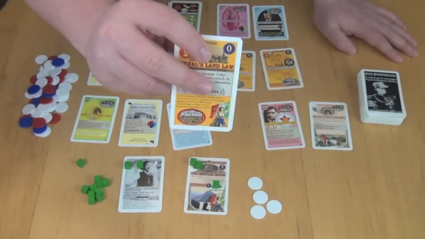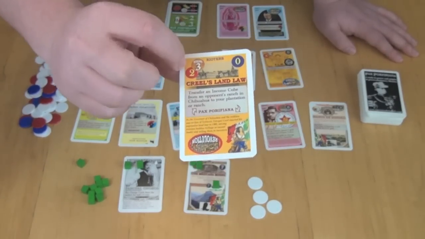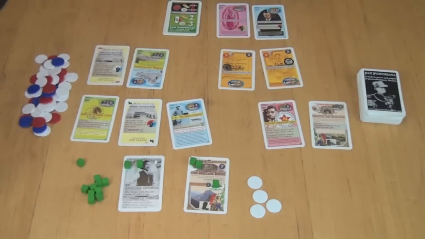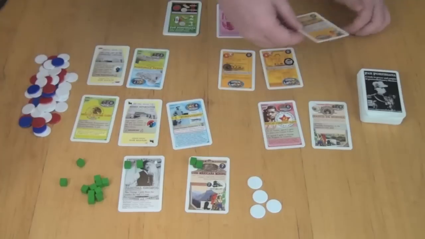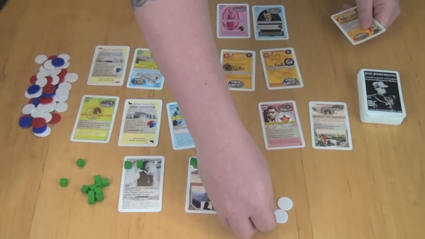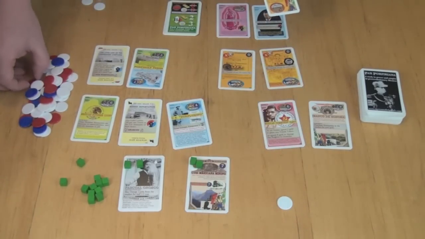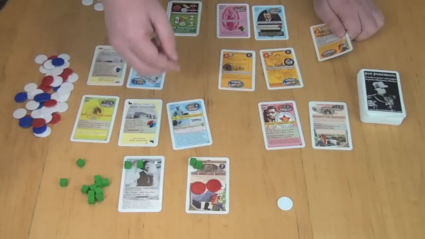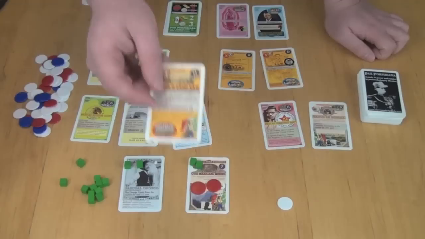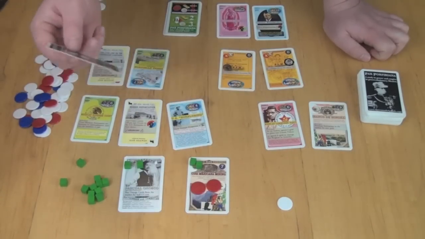But this one says here that you pay nothing, and you can steal 3 money from your opponent and place 2 unrest on one of their cards. So let's say that yellow played this on my mine. They would steal 3 money from me, so they'd take that and give it to themselves, and they would put 2 unrest. Now, the red chips, which are 5 money, also represent unrest. They would go on my card. At this point, the unrest does not exceed the cubes on the card, but if it were to,